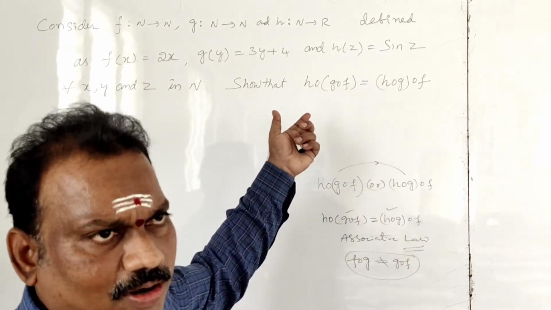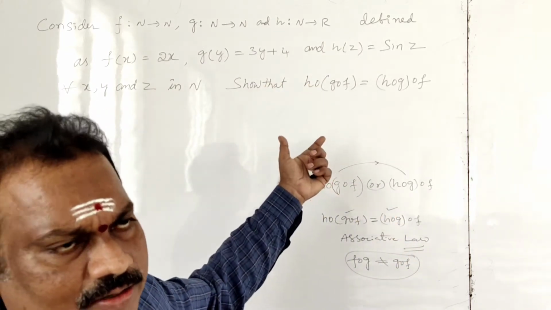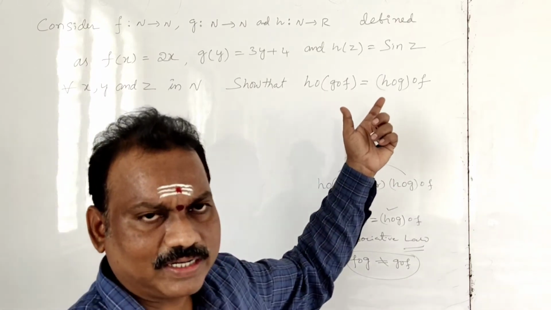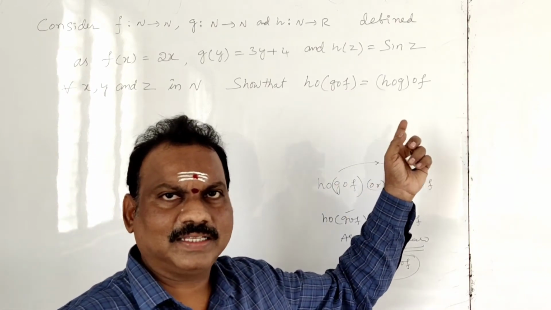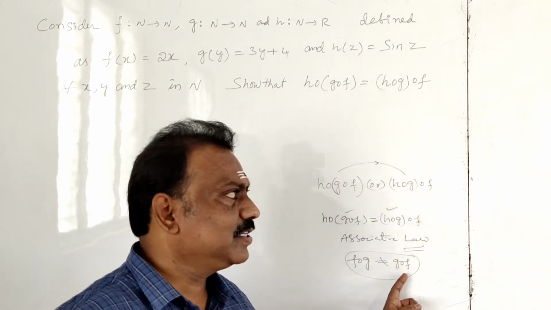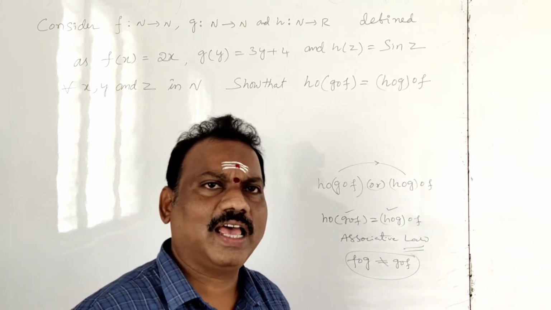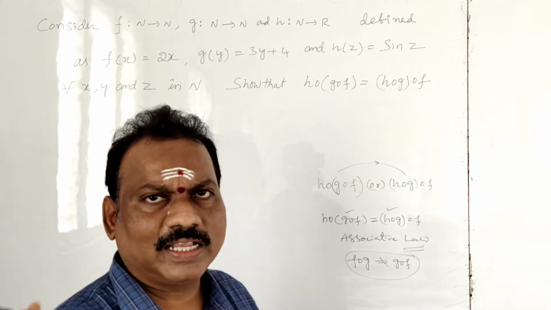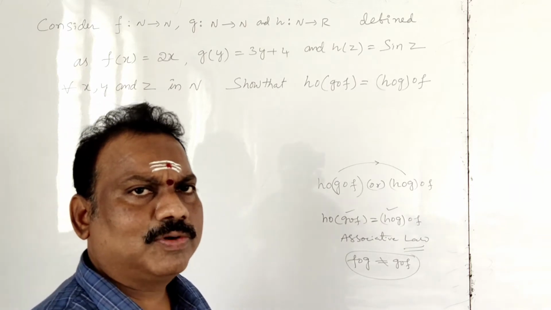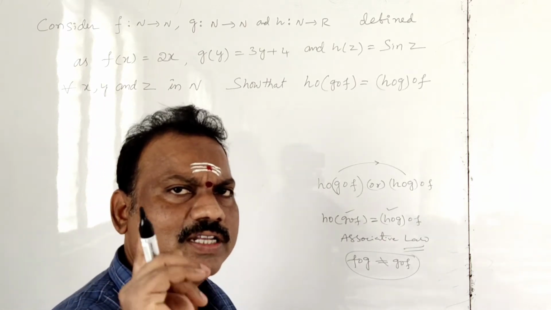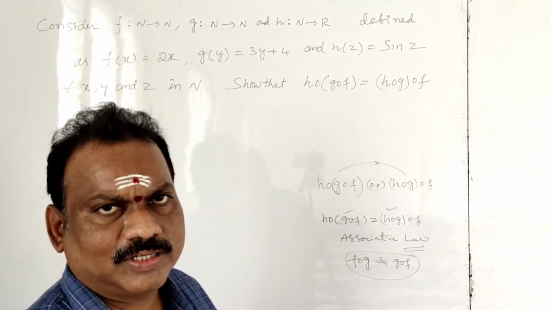So now the given problem is based on associative. This is important in the PU examination. It is given twice or thrice. So f circle g, g circle f we discussed in the last class. That is also important. They will ask a 2 marks question. So a composite function question is compulsory, they will ask one 2 marks question, students.